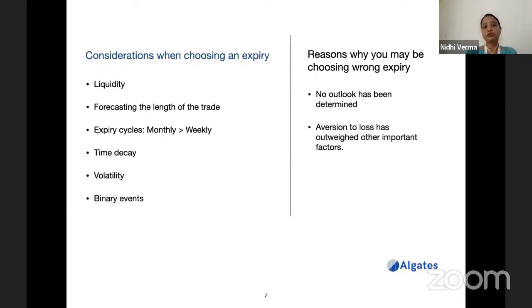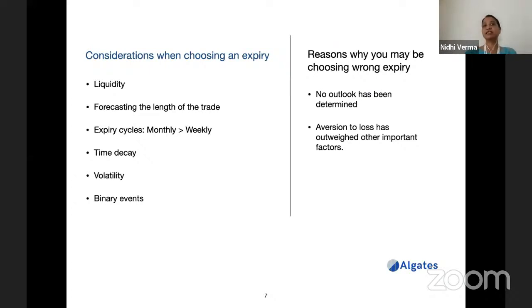So what are you going to do with the trade, what is your opinion on that? Whether you are going to do monthly options or weekly options, because there will be so many components. They will have different liquidity, and sometimes the strike prices which are available in monthly may not be available in weekly. And then you have to see time decay, how much time is remaining, because that will definitely impact the premium which you are paying, the price of the option, because the time component is a big component in option pricing.